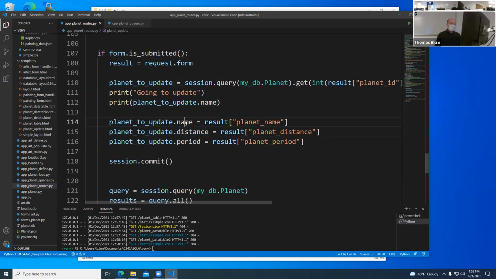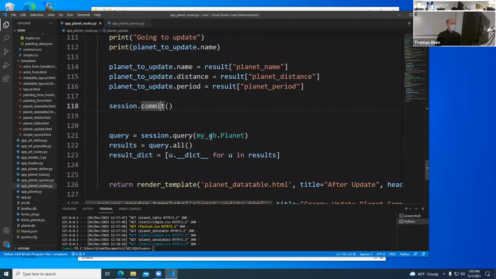So that'll give me a new name, or new distance, or new period. And then I will change them all and commit it. And then I'm requerying the database and sending them back to the data table. And again, that makes sense when you have such a small set of data like the planets. Okay.